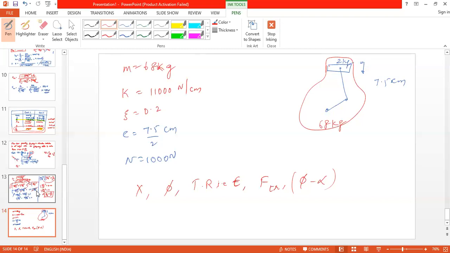It is because the stroke is 7.5. The stroke is 7.5 means that if the crank is at the vertical position, the piston has to reach the maximum position. When the crank rotates 180 degrees and reaches the bottommost position, the piston has to reach the bottommost position, right? So this total height should be 7.5, so the crank radius is half of it.